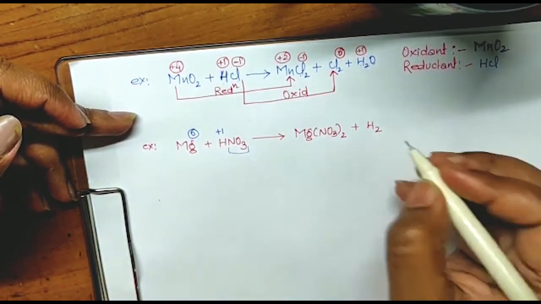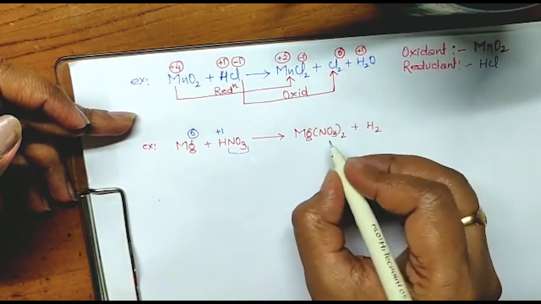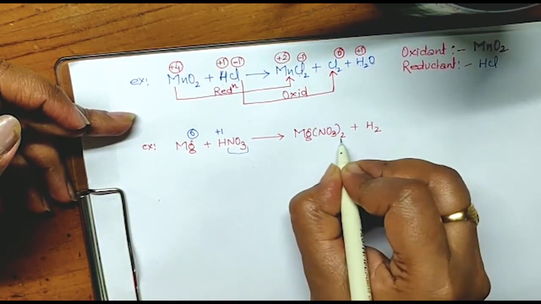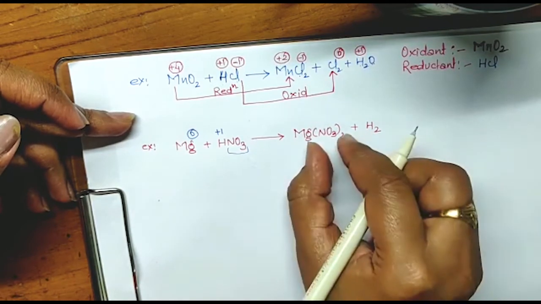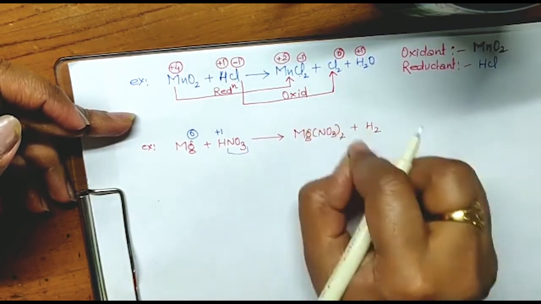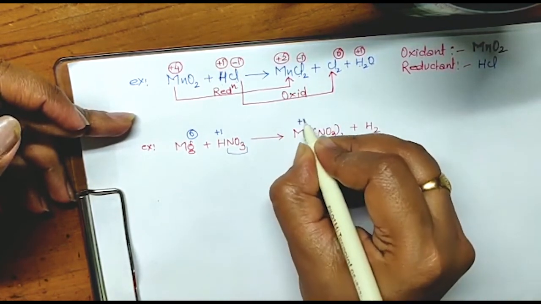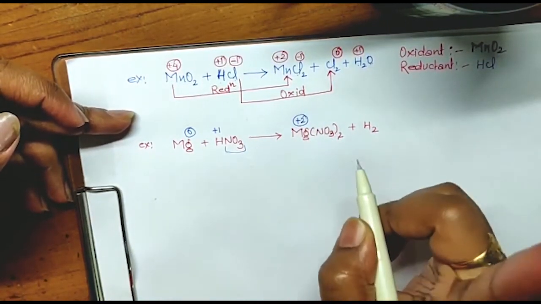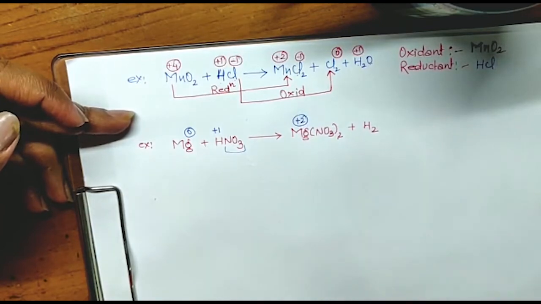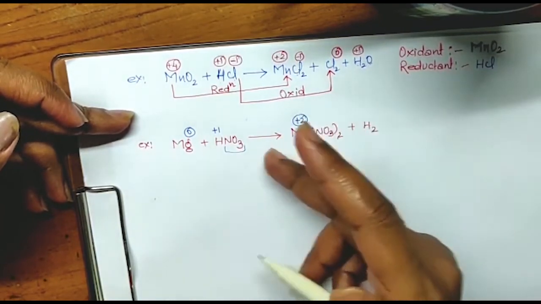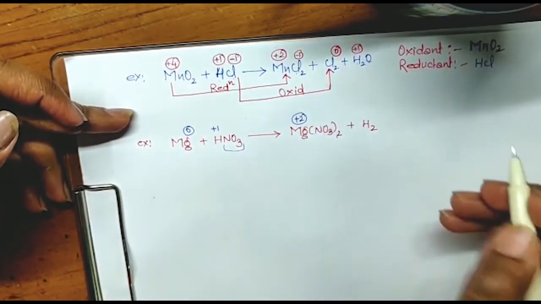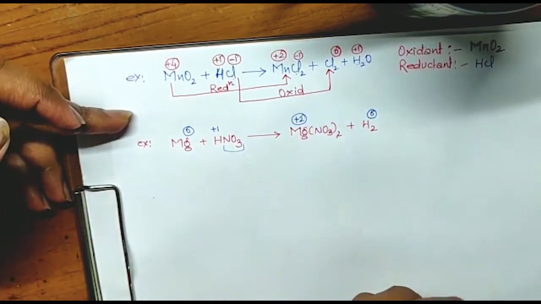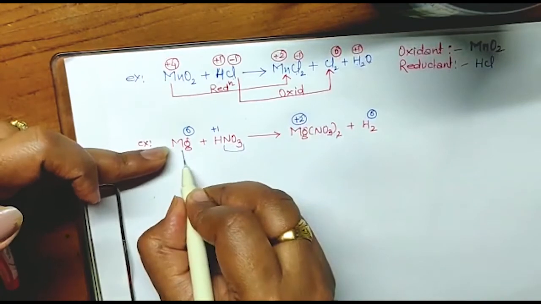Okay. Now in this case this NO3 is having -1. So there are 2 NO3. So total will be -2. So to make it 0, this Mg should have +2, isn't it? NO3, 1 is having -1. There are 2. So it will be -2, isn't it? So to make it 0, it should have +2. And here it is homoatomic, so 0. Clear? So check this. Mg 0 to +2.